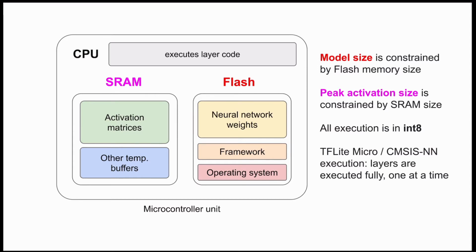Now also, the runtime stores all intermediate buffers, which is mainly activation matrices of each layer of a neural network. And these are stored in the SRAM memory. And thus, the sizes of activation matrices at their peak during the execution must be smaller than the SRAM size overall. And finally, we're assuming that the processor is only capable of executing integer arithmetic, which requires quantizing both weights and activations to int8. Not only does this enable execution, this also reduces the memory footprint of each parameter.